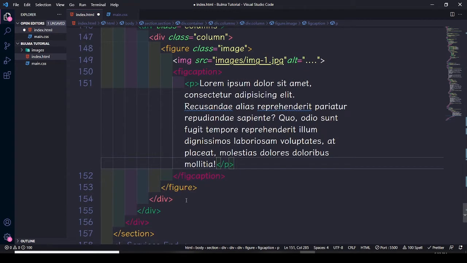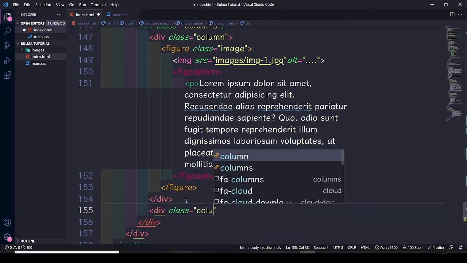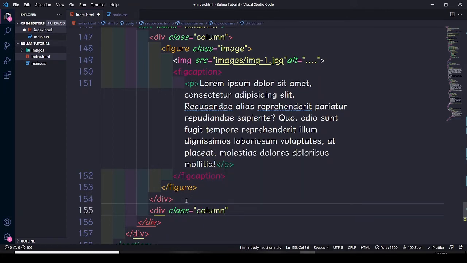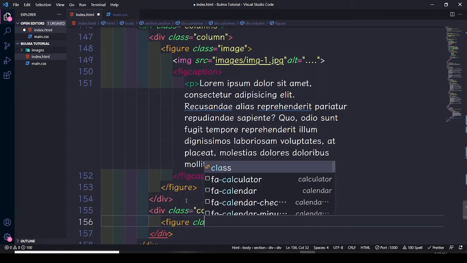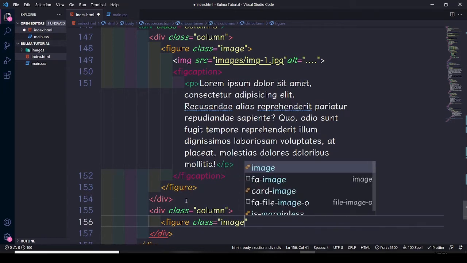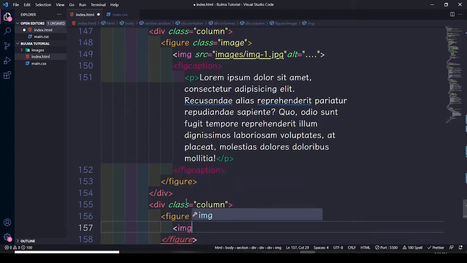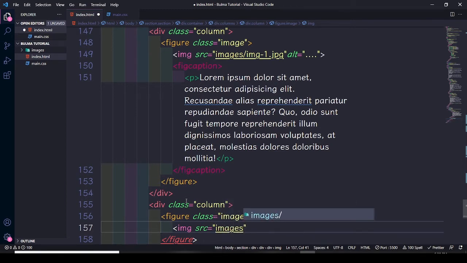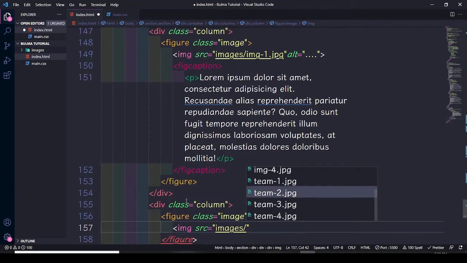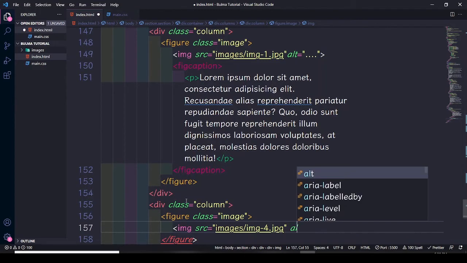let's have another div, and this div has a class of column, and then after let's have a figure again with a class of image. Then we do need another image. Source of this image is gonna be images and image 4. And then I do need to add some alt text. So okay,